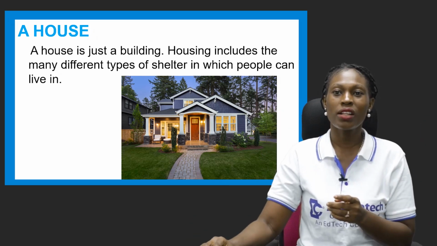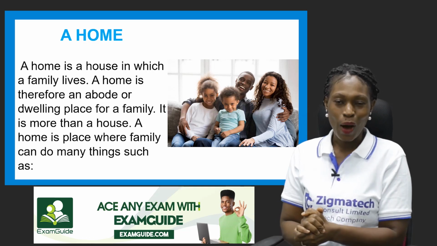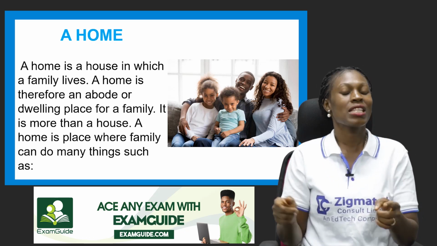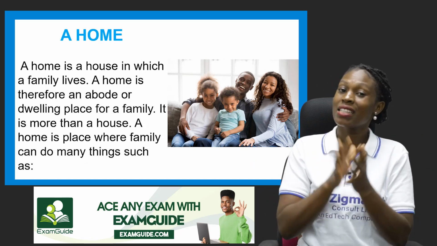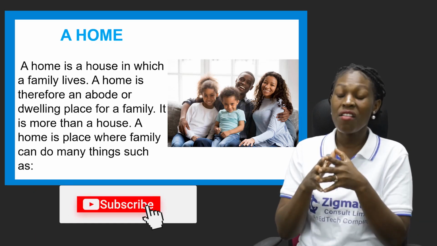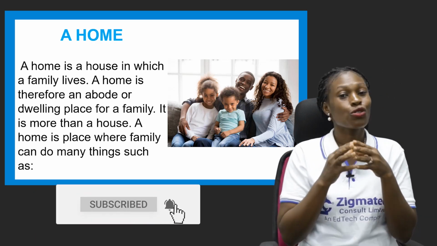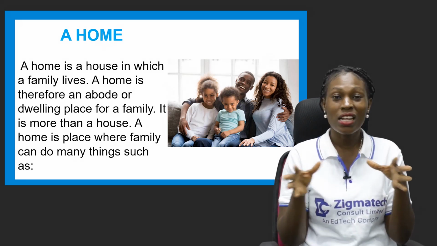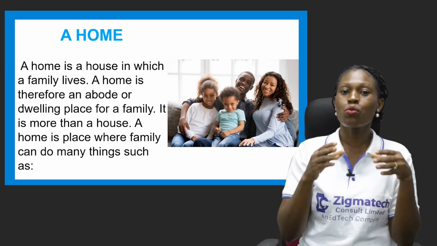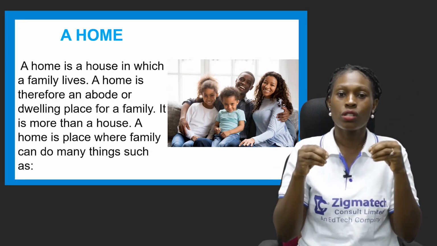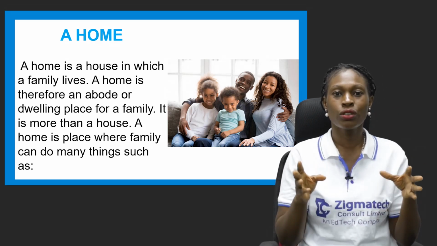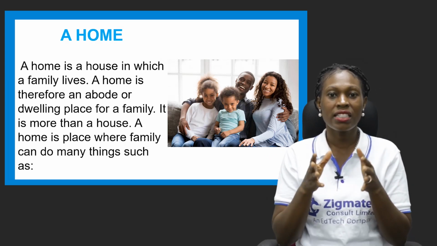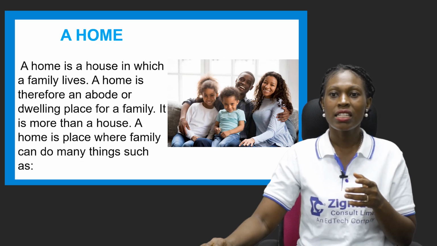Now let's move on to what a home is. Now, a home is a place where the family lives. Now, a family lives in a house. But the difference is that a home is where the family lives and where they can do so many things. They can share a lot of things together. So now the family would live in a house and then make it what? A home. So it goes beyond just the building, just to get shelter. Now it goes beyond all of that. So they tend to do what? To find love in the home.